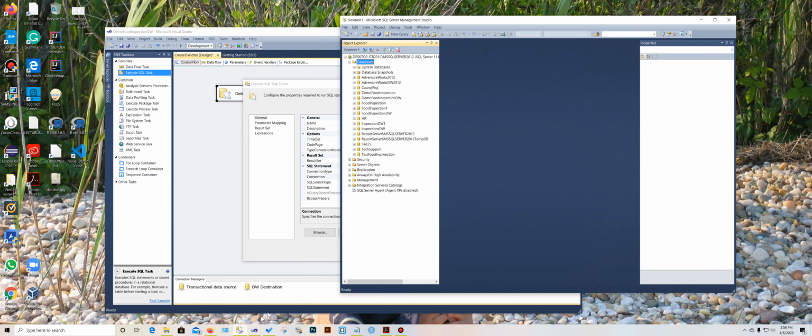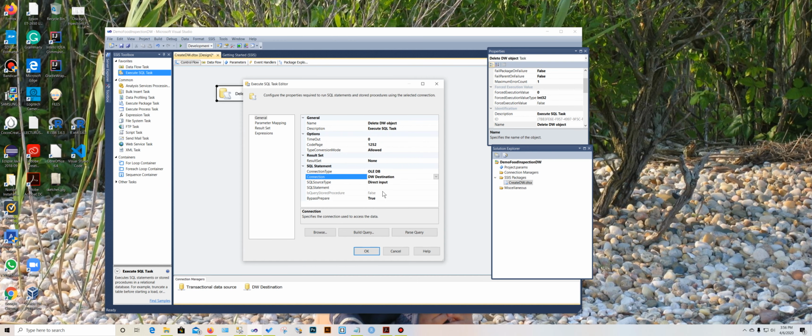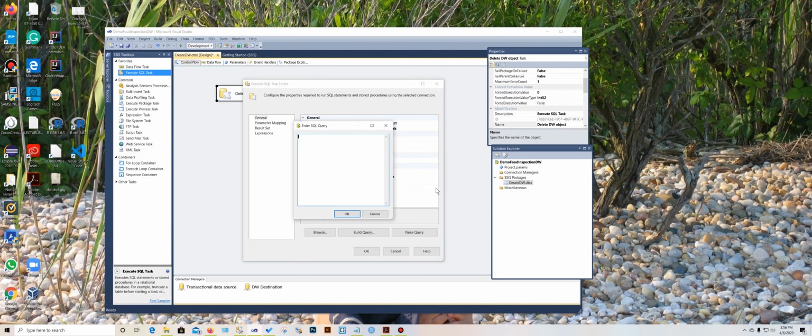If you go here to our database, we already have the tables in our OLTP. We don't need to create anything, but we need to import and create new tables in our DW. So here, I don't have any tables. All right, so it's in our destination. Fine. Now I'm going to click in the SQL statement, in this little square,